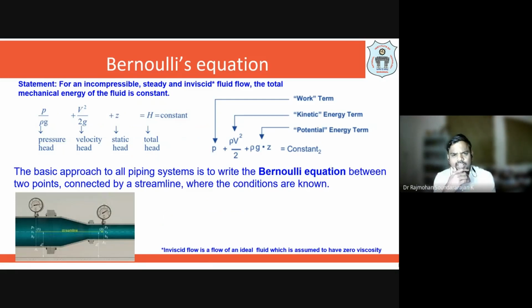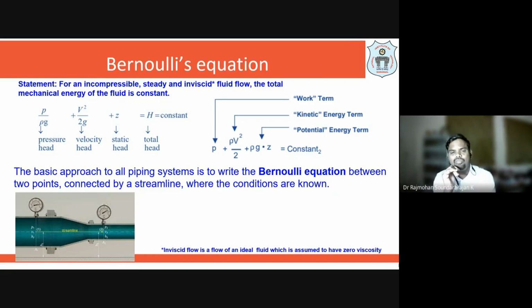Okay, so I will directly get into the Bernoulli equation, because if you want to measure the pressure drop across any system, it is easier for us to make use of Bernoulli's equation. So what does Bernoulli's theorem say? It applies to an incompressible fluid, incompressible in the sense that density changes are negligible between two locations. The flow is steady. When we say steady flow, the properties at a particular location do not change with respect to time. And we have inviscid fluid flow.